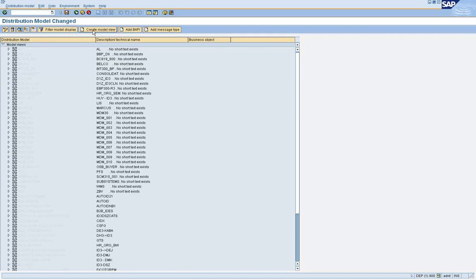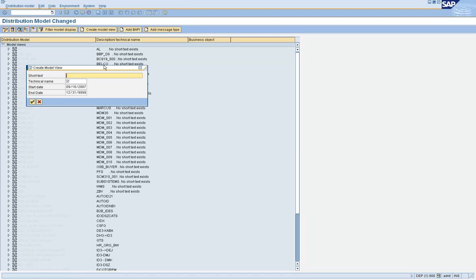So click on this create model view button and give a short description, say central user maintenance or central user administration, whatever you want. You can give a meaningful description.